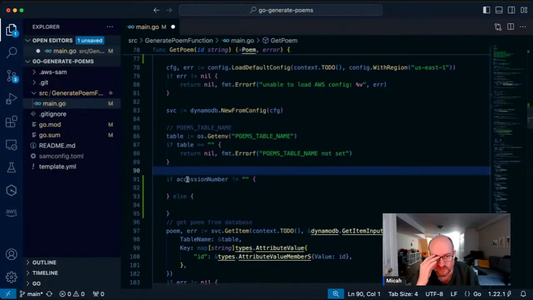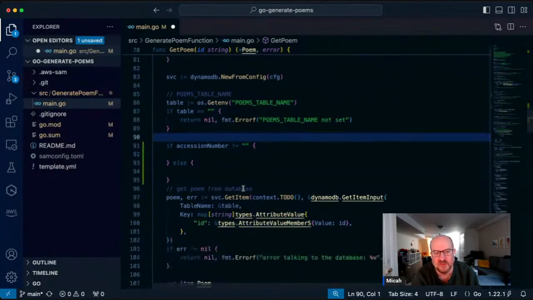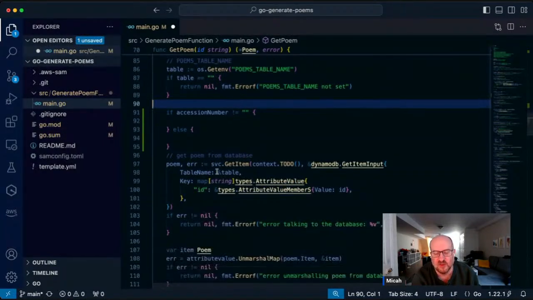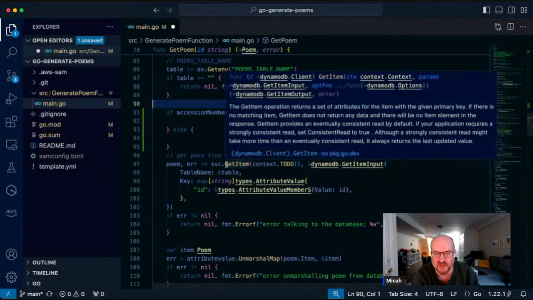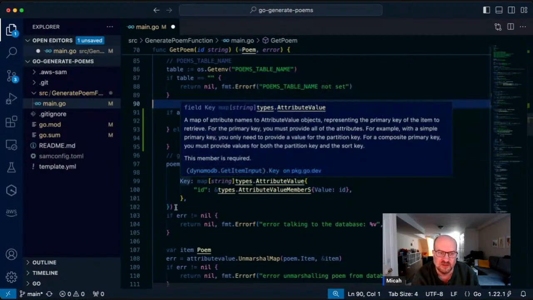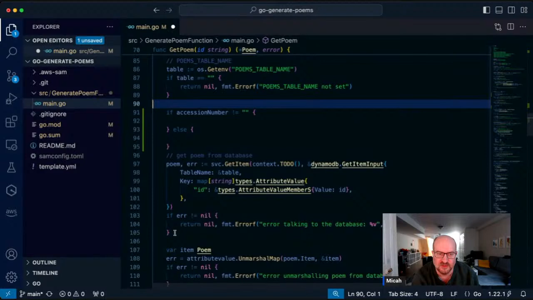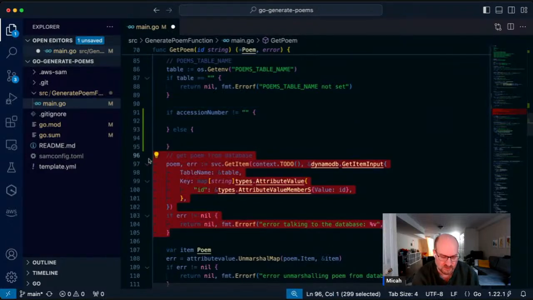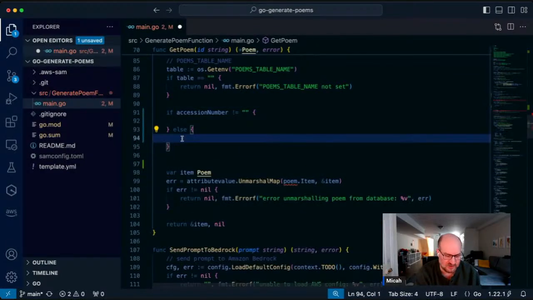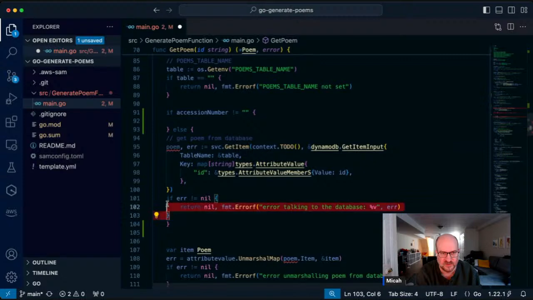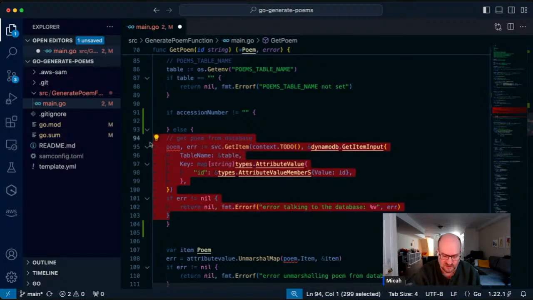That's saying if our accession number actually has a value, we are going to query the database on its global secondary index. Otherwise, we are going to do what we already do. So let me just copy this out and stick it in here. And let me just tab it over a little bit.